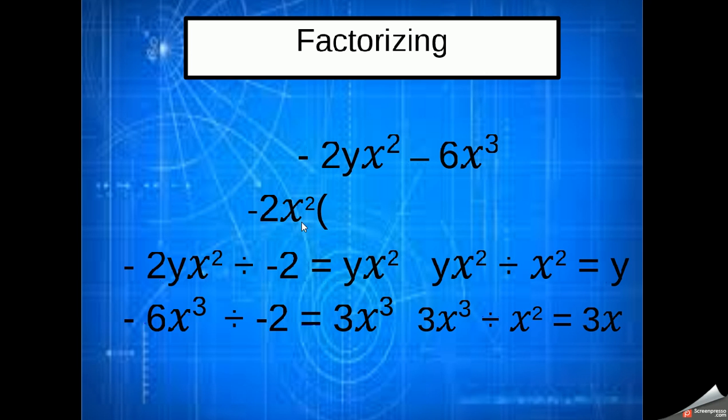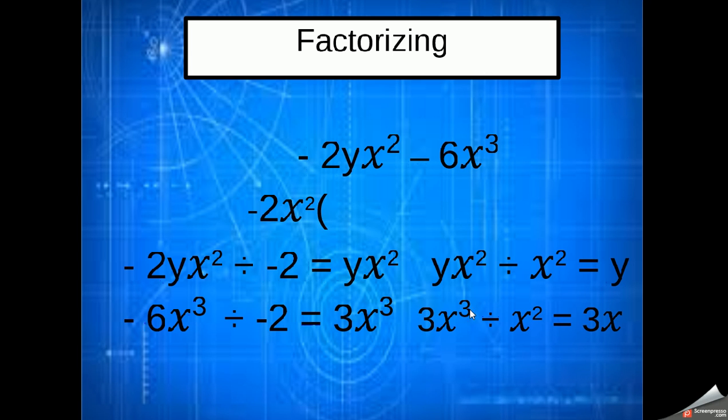Next then, we've got to divide by x squared. So yx squared divided by x squared. The x squareds are going to cancel out because, just the same as the numbers cancelled out, the x squareds cancelled out, leaving us with the y. And then the 3x cubed divided by x squared, well, the 3 is going to stay the same because there's no number. But remember that x cubed divided by x squared is just x, because we take away the 2